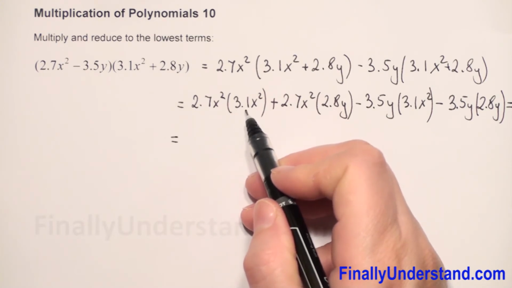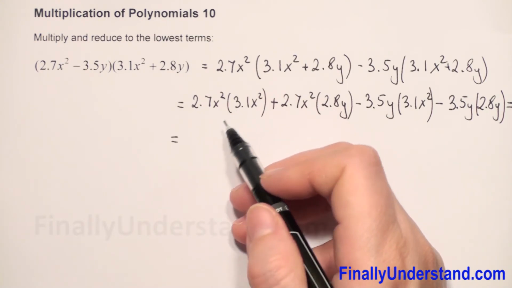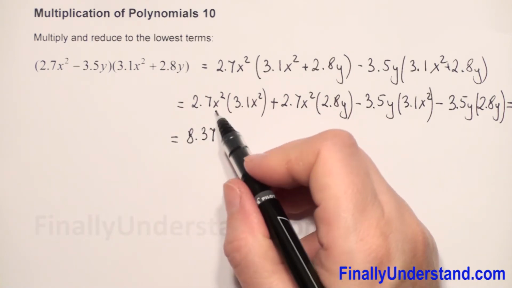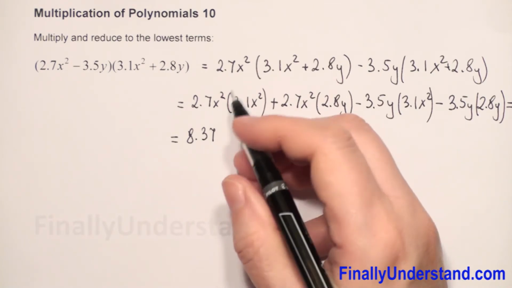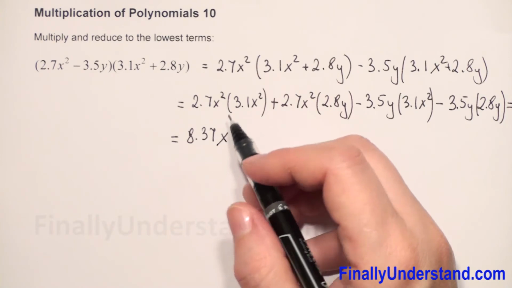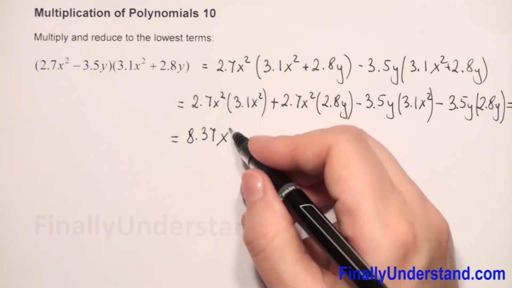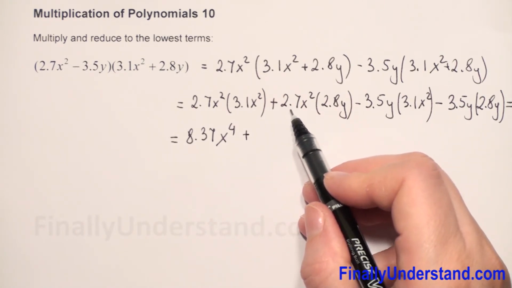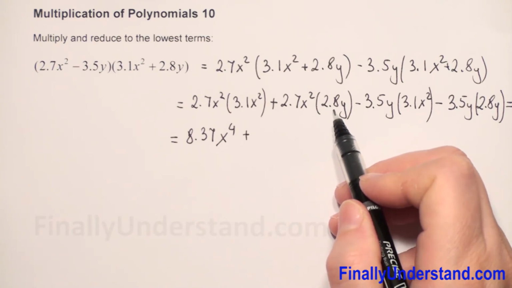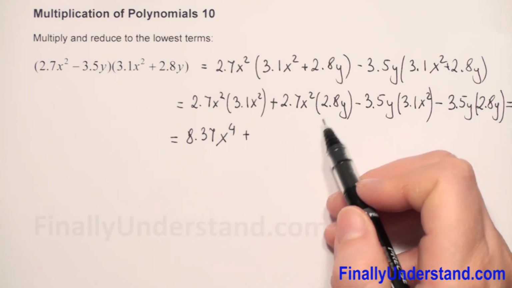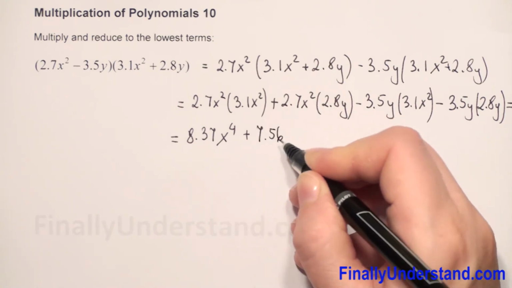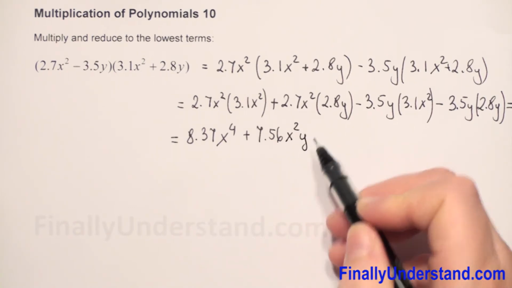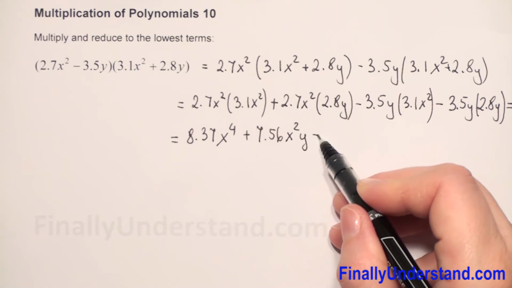So this is equal 2.7 times 3.1, this is equal 8.37, and we have x squared times x squared, the same variables, so we copy variable x and we have to add exponents. 2 plus 2 is 4, plus, and next we have to multiply first the numbers. 2.7 times 2.8, this is equal 7.56, and next we will put variables in the alphabetic order. So first x squared and y, we copy,